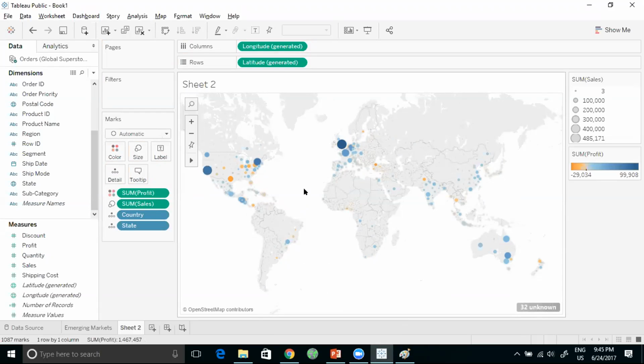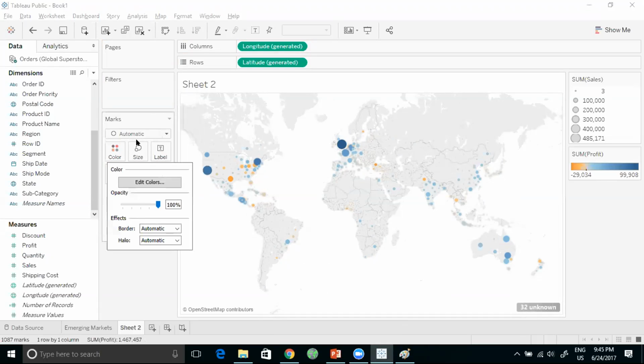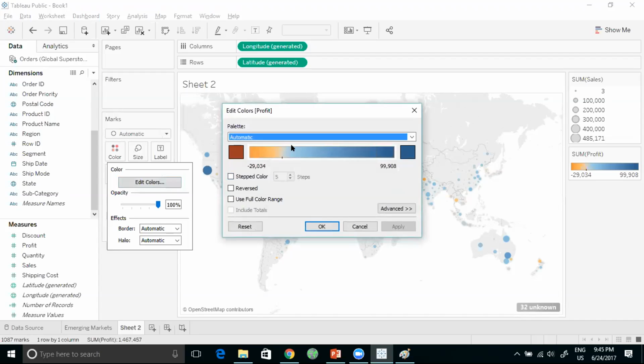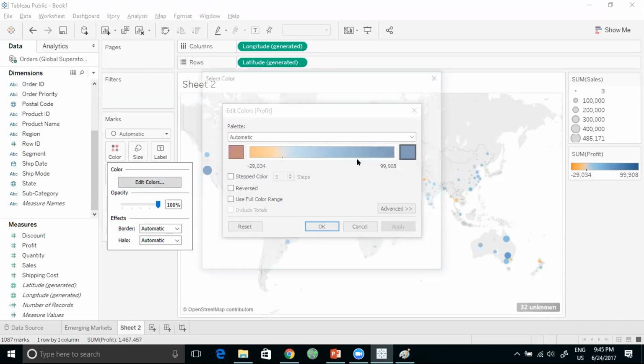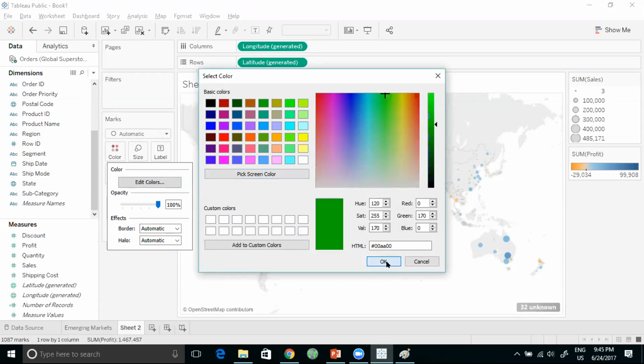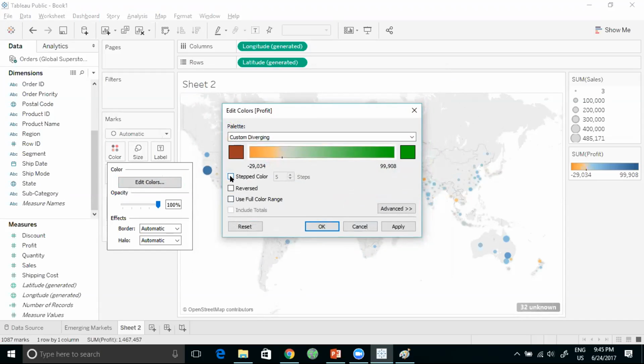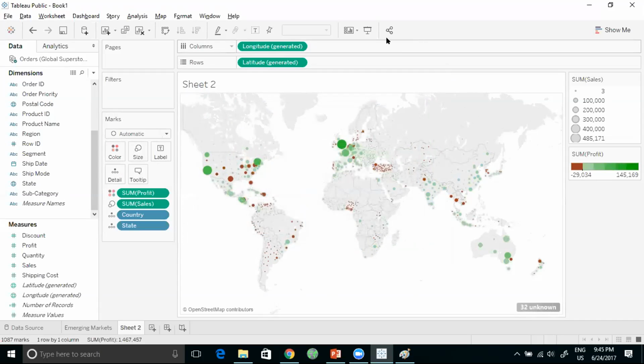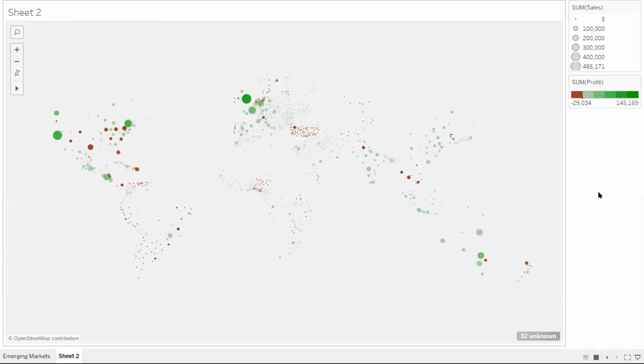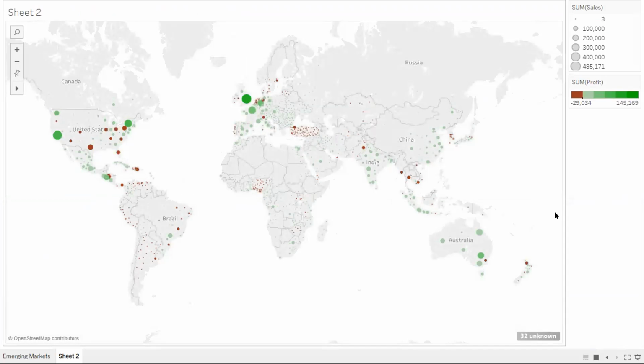Well, I can actually change these colors in Tableau real easy, so it becomes very intuitive for us to look at it. Profit should be green. It has been for ages, and loss should be red. It has been for ages. So I'm going to use the full color range till I have a visualization that clearly tells me where I'm making profits and losses across the world.